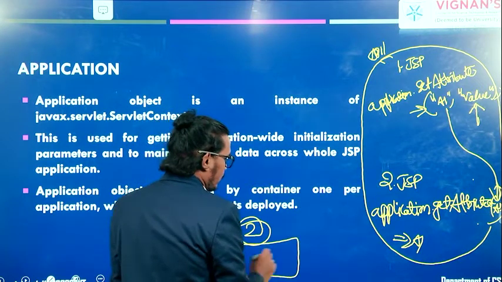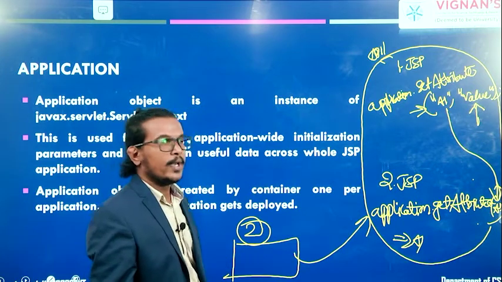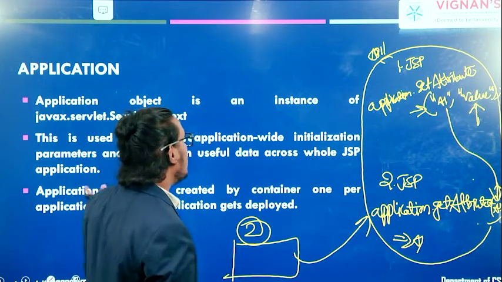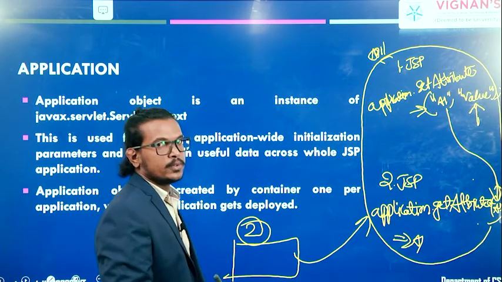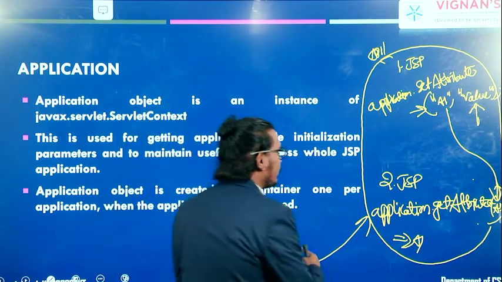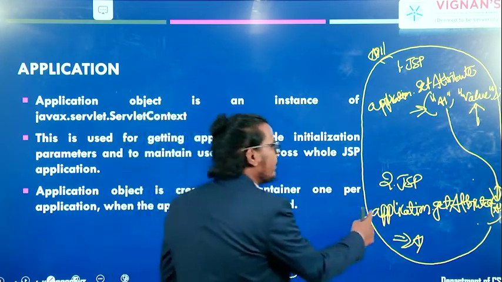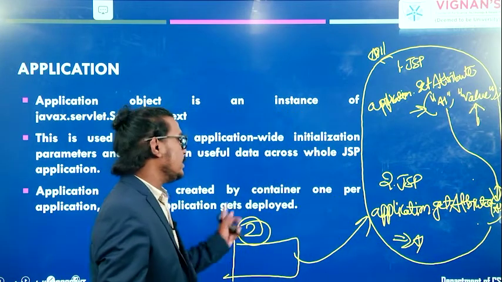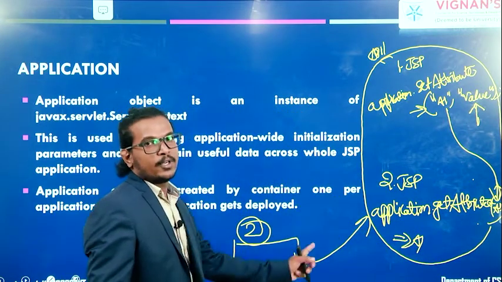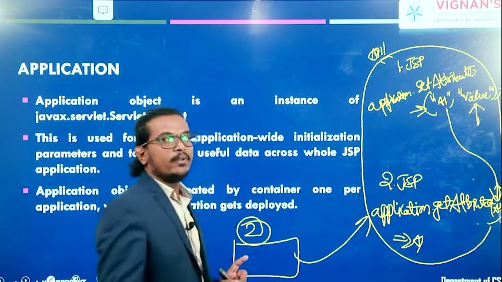But from here to here we cannot access. That's why we are talking about only one application here. If there is a relation between application 1 and application 2, if there is any link, then we can forward this application's information to project 2. Otherwise we cannot forward. If there is any relation between these two pages, then only we can forward.